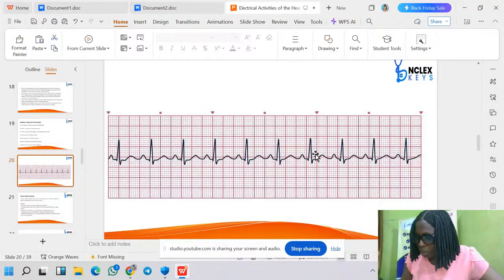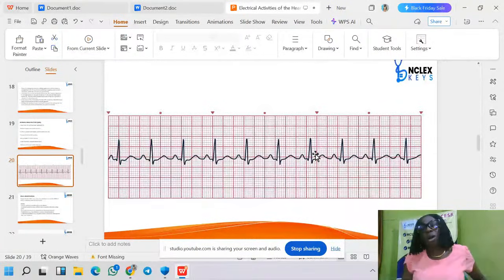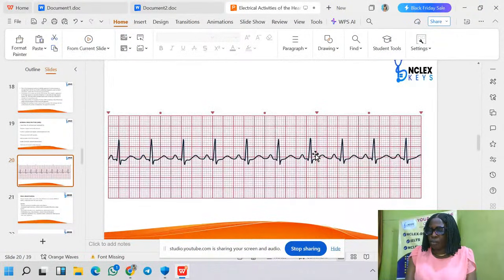Can you use the big box method to solve this and tell me what the pulse will be? Nasola Jumoke, can you use the big box method to solve this and tell me what the pulse will be? This pulse is not 160, please. But you can use the big box method, meaning how many big boxes are from one R to another R. And once you know how many big boxes, you divide by